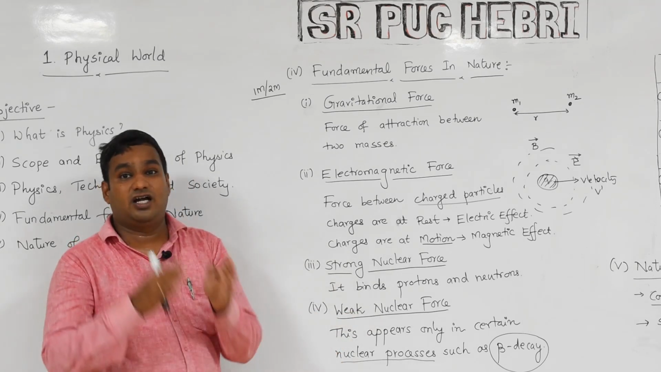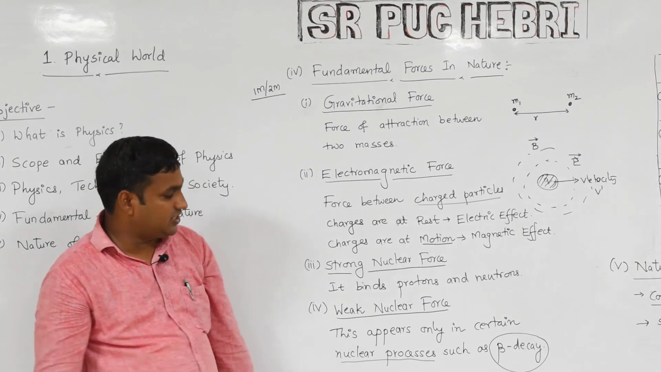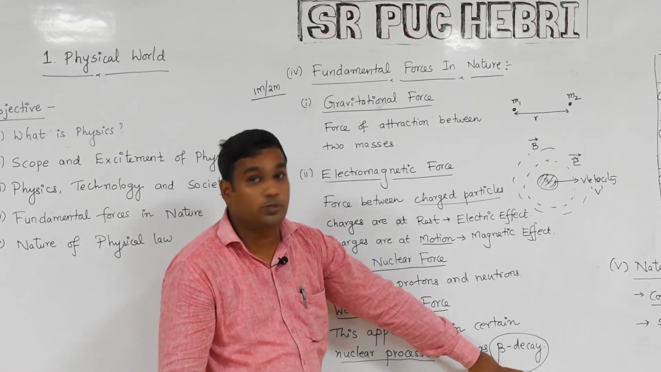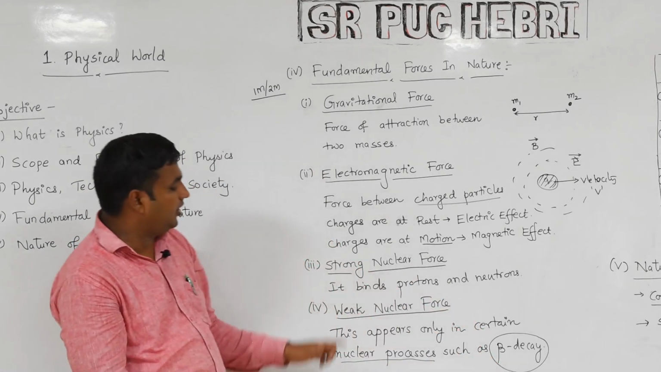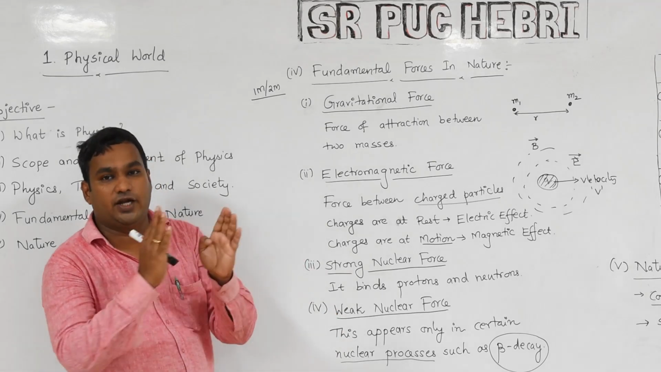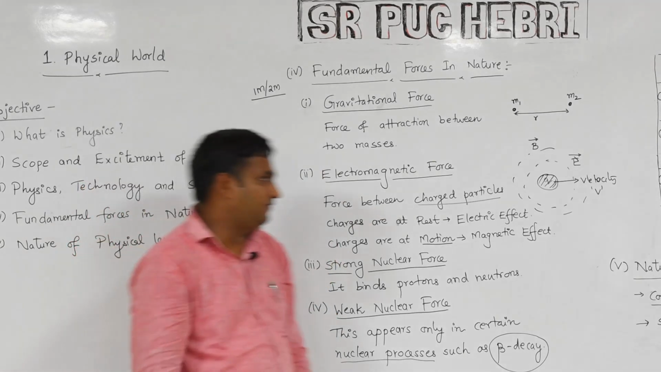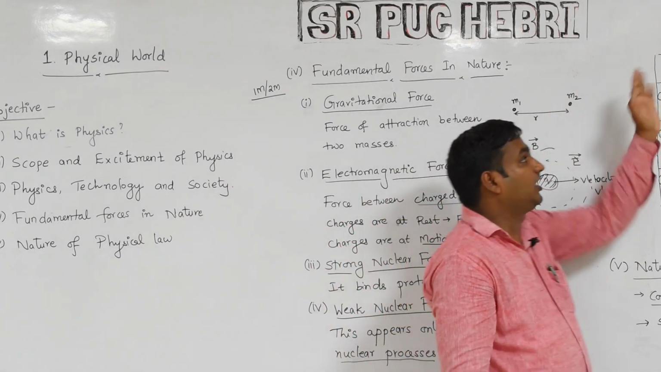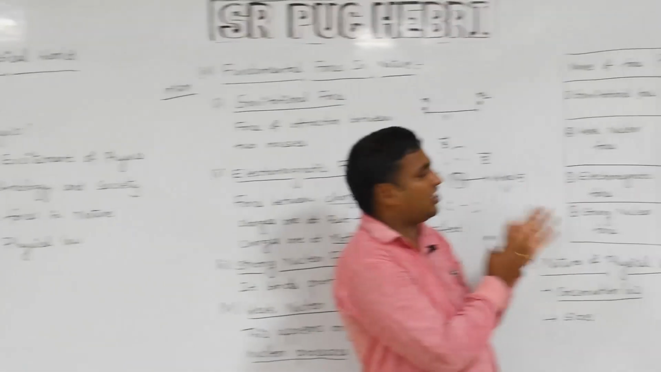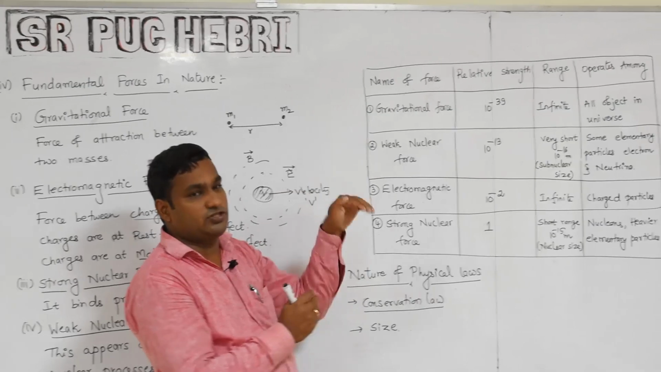This arises under certain nuclear processes, such as I already explained about beta decay. During beta decay we can think of the weak nuclear force. Continuing this, we'll see the range as well as the strength of the 4 basic or fundamental forces